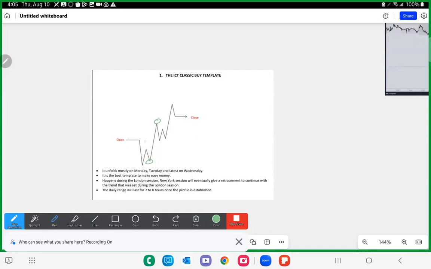And based on those PD arrays, so we'll go premium and discount. This isn't drawn to scale, but we'd imagine this is premium, this is discount. Price is trading back down into discounts, all right? And we're looking at maybe there's a breaker here, right? And maybe there's some type of fair value gap that aligns right here, right? And lower time frame liquidity pools, okay? Now,